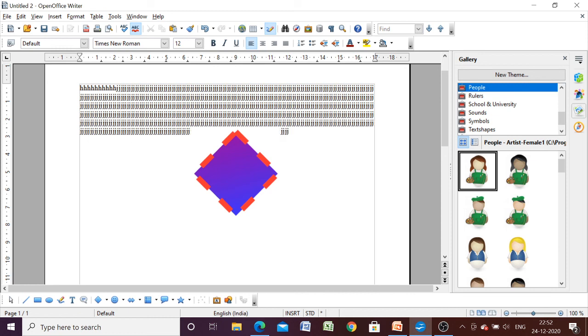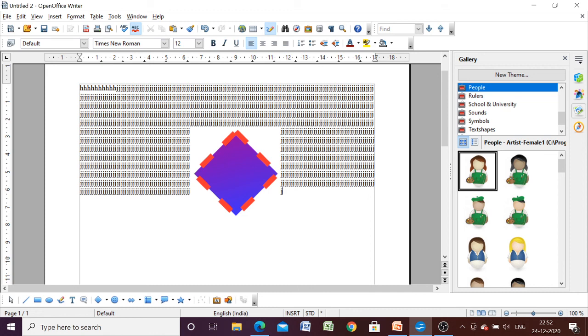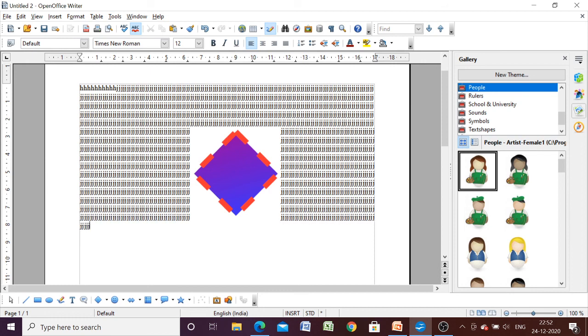Okay. You can see that here we are having images and some text. Now in case of Microsoft Word, we have already discussed the wrap option, and here we are going to discuss the same topic in OpenOffice Writer. So how to use the wrap option in OpenOffice Writer.